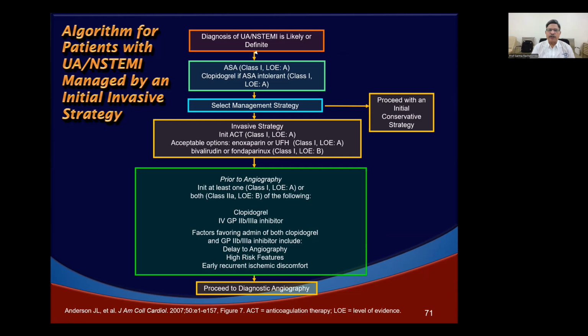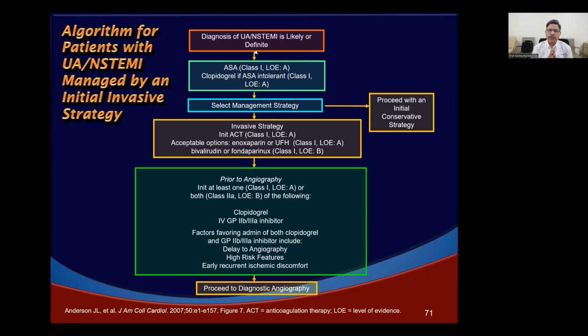Clopidogrel, GPG, the fourth one, the GP2B3A inhibitor has to be given. Factors favoring administration of both clopidogrel and GP2B3A inhibitors are delay to angiography, high risk features, and recurrent early ischemic discomfort. Proceed to diagnostic angiography. What did I do? I diagnosed unstable angina or NSTEMI, gave aspirin, gave clopidogrel, added anticoagulation, and am going for an invasive strategy, that is